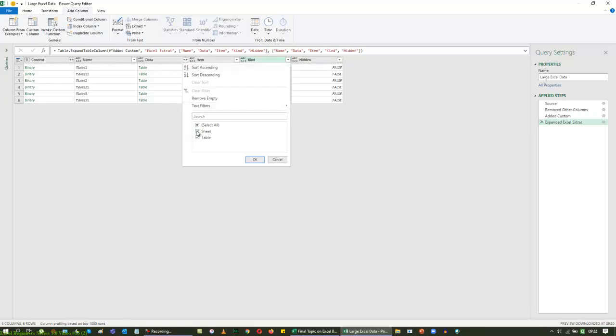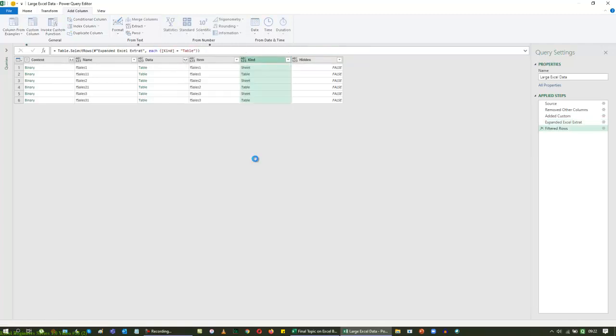So I'm going to just use the table here. When I give an OK, I filter the sheets out of the list and I'm going to work only with the table. Here, as I told you earlier, only one column is very important for me to take the data to the next level. That is the data column. In the data column, I can see that there is a double arrow coming up here. So the double arrow allows us to extract the data further.